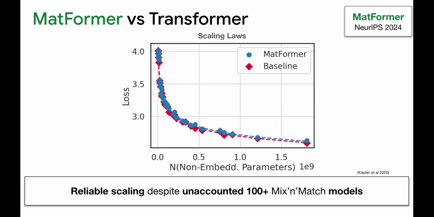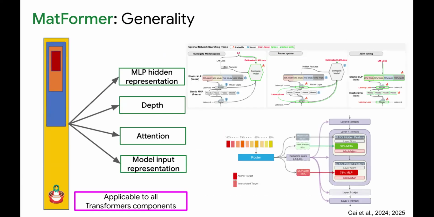As someone asked, what else does this work on? It works on the MLP hidden dimension, and it works on depth. So you can skip the middle 5 layers; you don't need to skip the last 5 layers. So Matryoshka depth. The more formal version of this is the mixture of depth paper, but NVIDIA also discovered it as a mechanism in their advanced style models. You can do it in attention, and you can also do it in your embedding. That's the model.